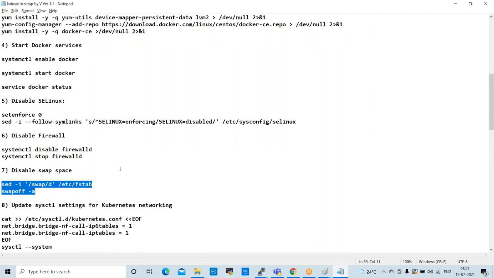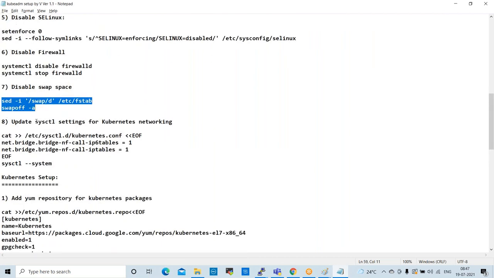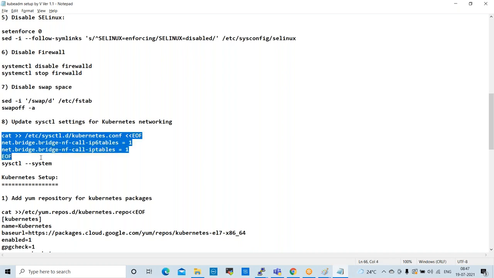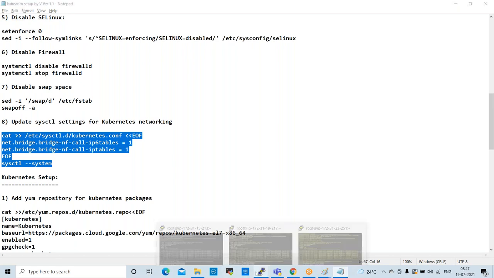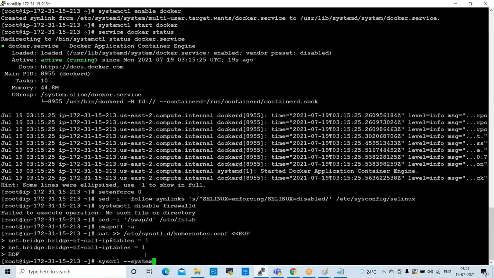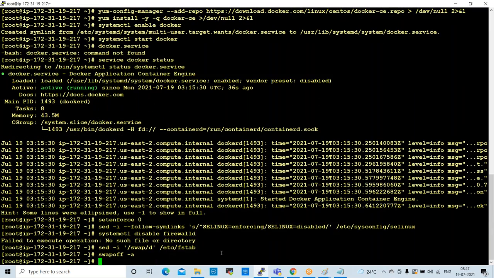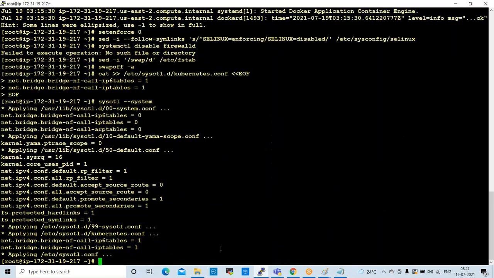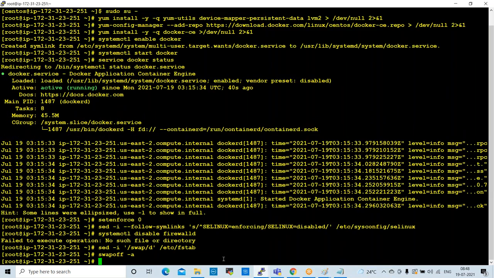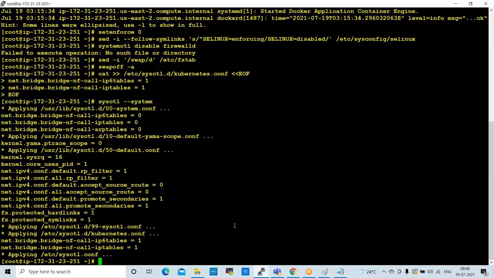Yeah, done. Next one is networking settings. So copy this entire command, full command up to here. Copy this and execute on master. Enter. Node 1. Enter. Node 2. Enter.